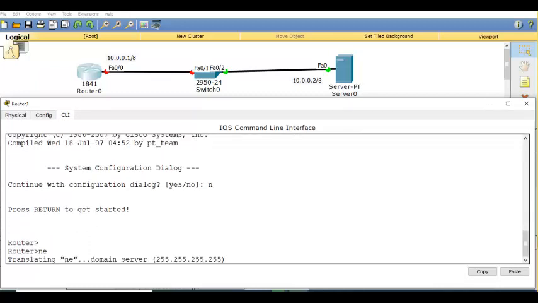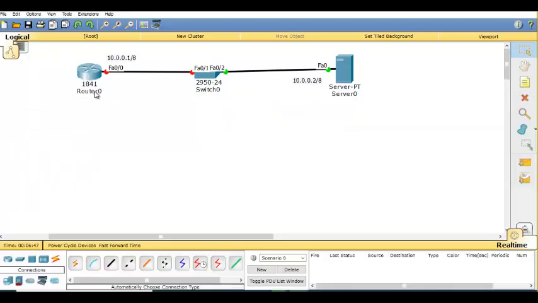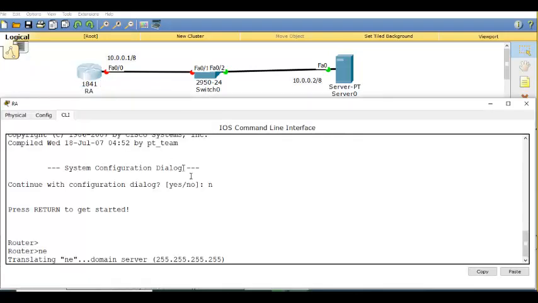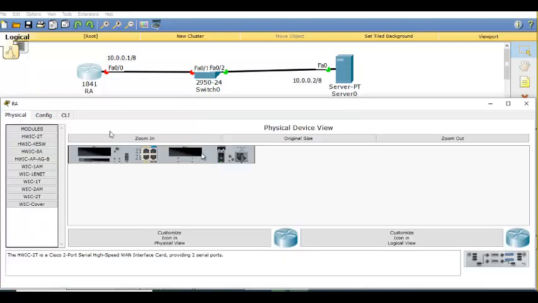It will take some time to come out now. Meanwhile, I'll go and change the name here. This I'll call router A. Wait, I'll switch off the router and switch it on.